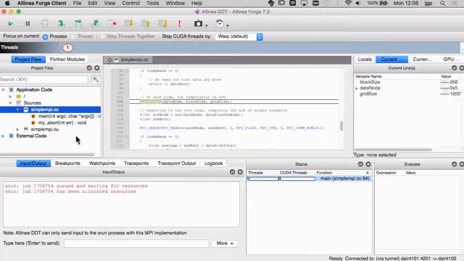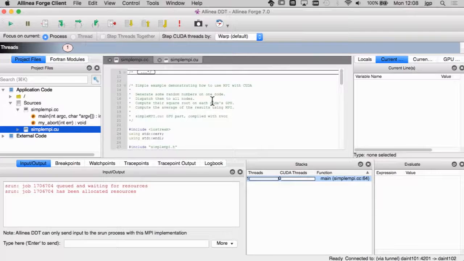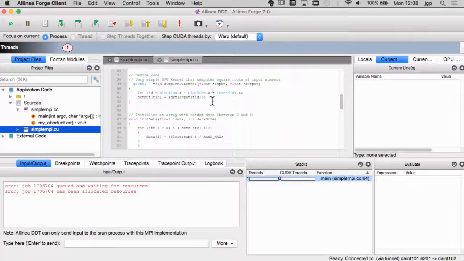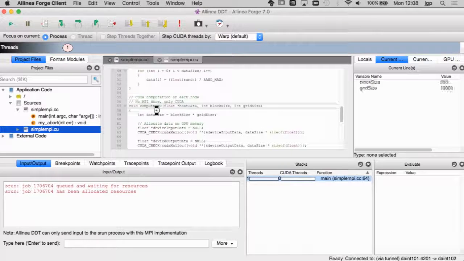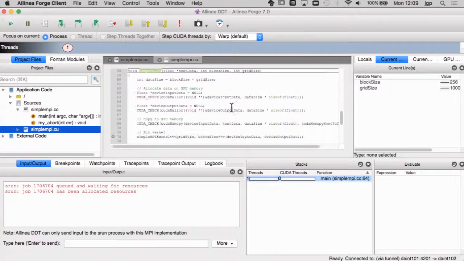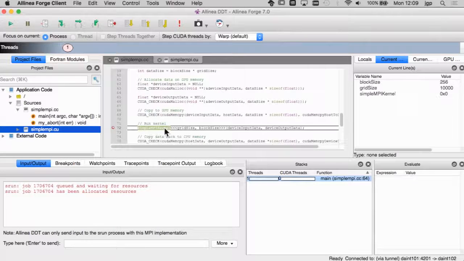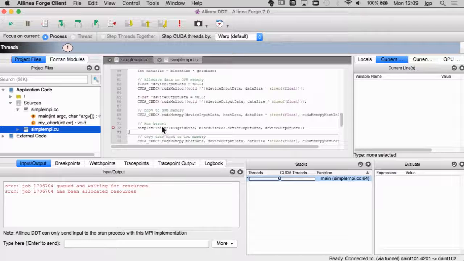It's a simple code that is calling that function here, compute GPU. So I am in a C code, and then if I jump to the CUDA code, you see my function, compute GPU, that is actually calling the CUDA kernel, which is called simple kernel.